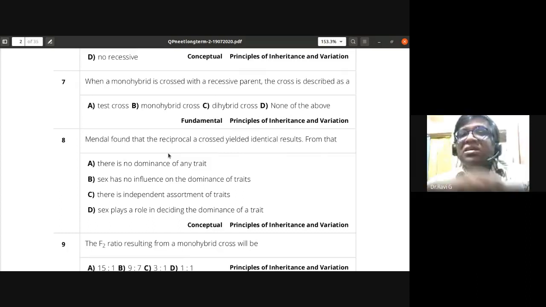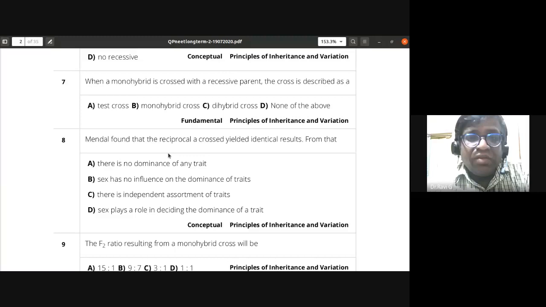We do this cross, and Mendel did this cross just to see if we change the gender, are the results going to be different? But fortunately for Mendel, he got the same results as the first cross. So he got a 3:1 phenotypic ratio and 1:2:1 as the genotypic ratio for monohybrid. You obtain the same even in the case of this reciprocal cross. Fortunately for him, he had not chosen a sex-linked character. He had chosen only non-sex-linked characters. So he was fortunate, and that is why his results were consistent.